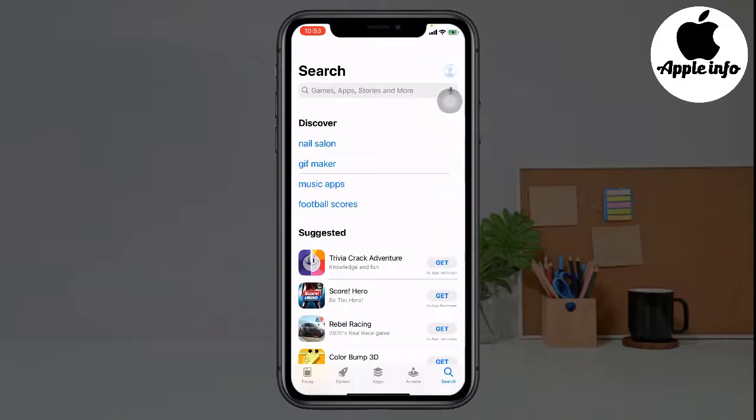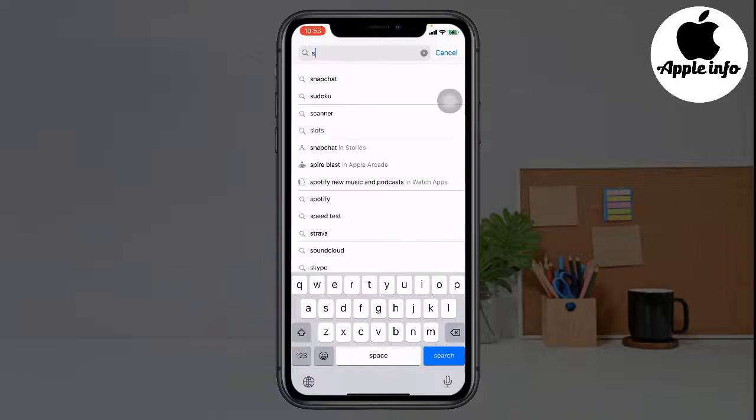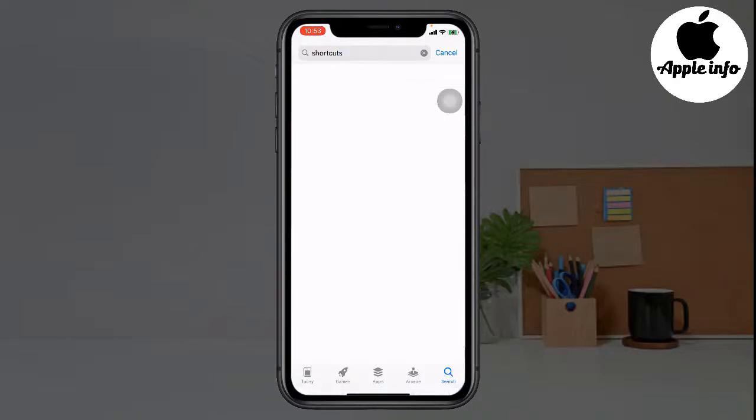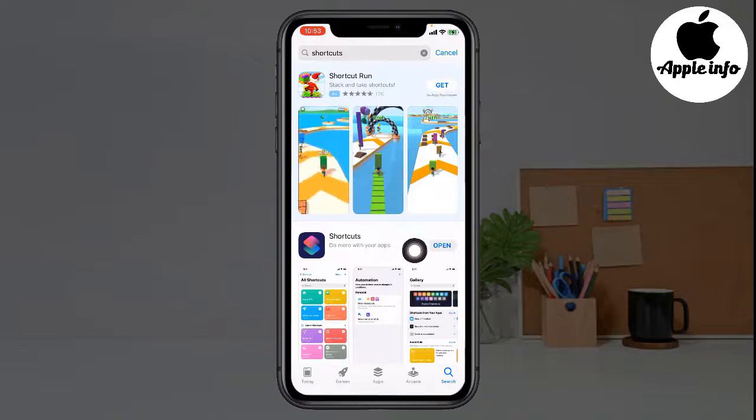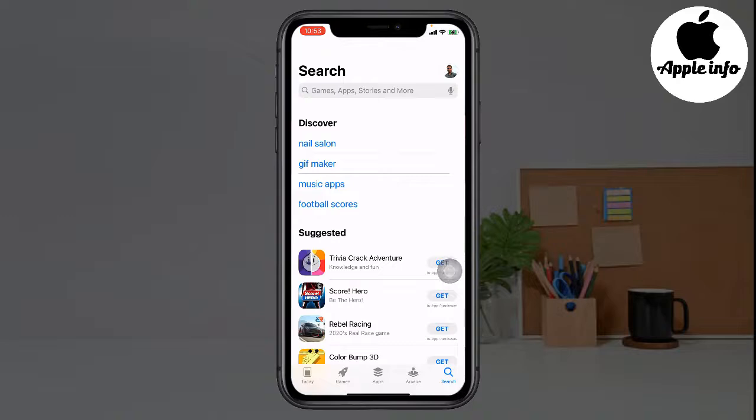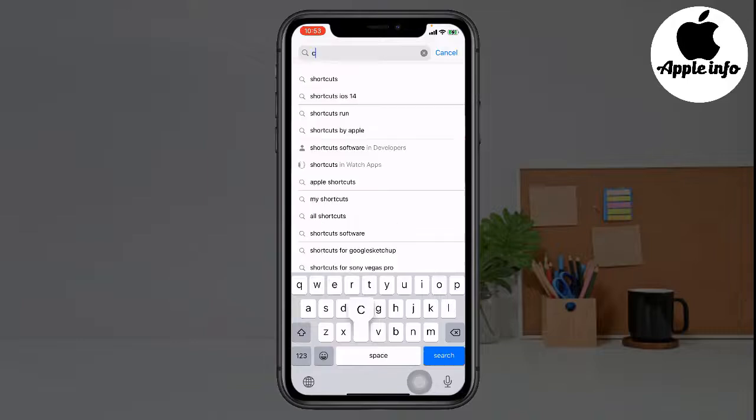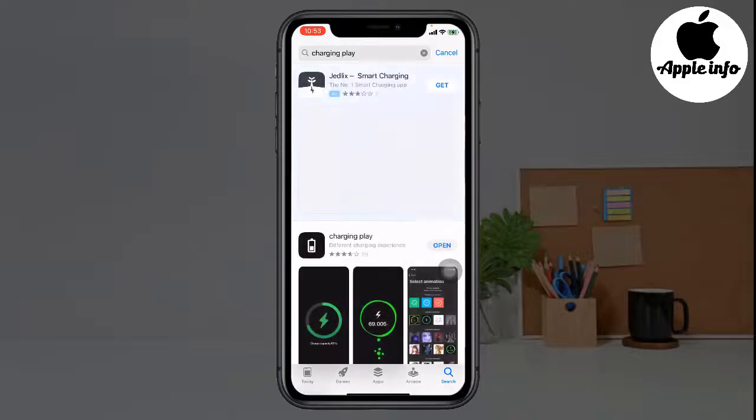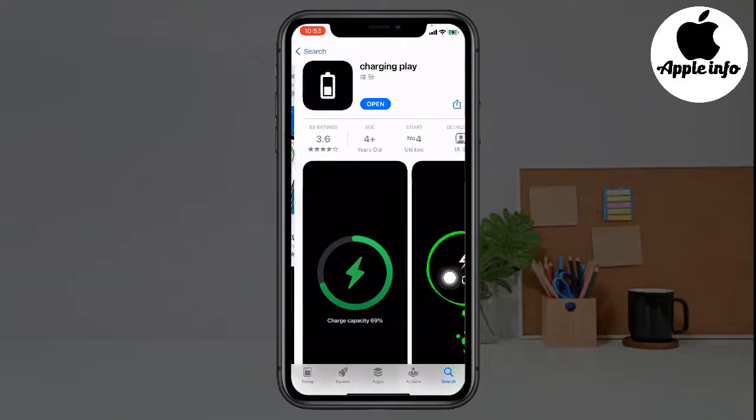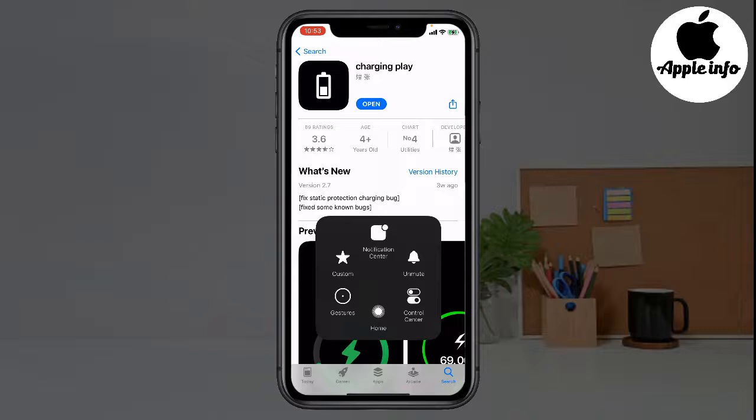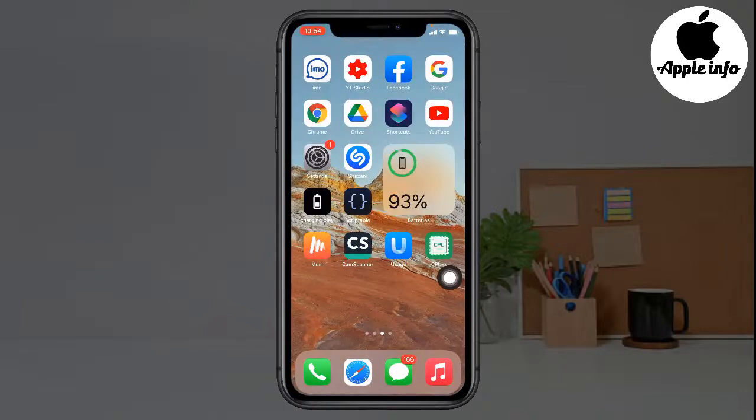Open the App Store and search Shortcuts. Install it and search on the App Store for Charging Play. Install it. Now open your Shortcuts app,